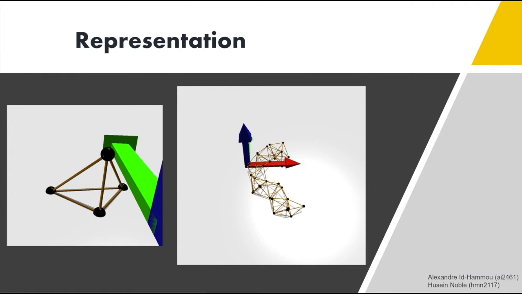So, to start things off, for our representation of a robot, we start off with a base tetrahedron that you see on your left side of the screen. We then initialize a face list that stores all the faces of this tetrahedron inside of it. Now we randomly select a face from this list and add a tetrahedron on top of it. After this new addition is done, we delete the face that it was added on from the face list and add the three new faces of the tetrahedron to the face list. We then repeat this process a couple of times to generate a new robot